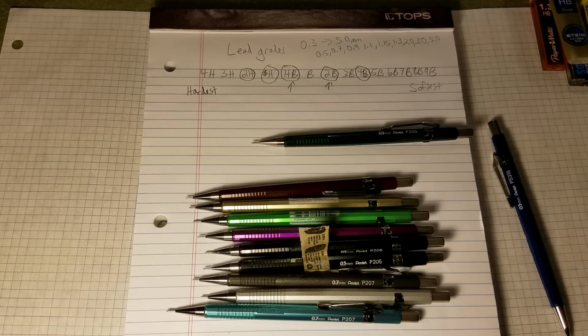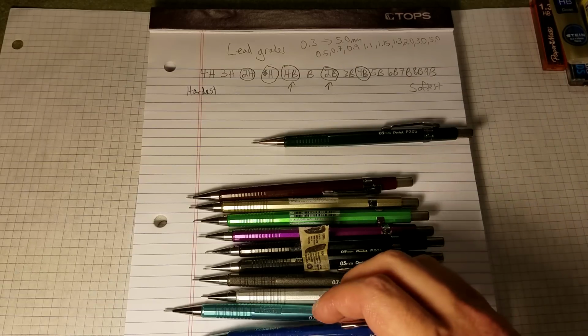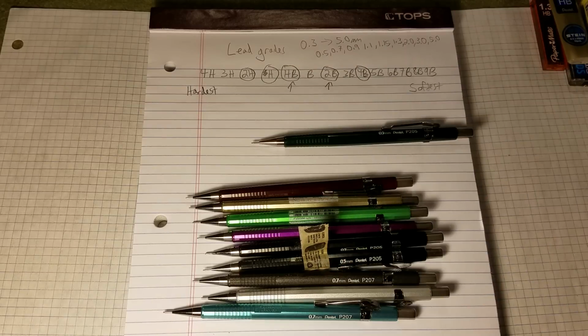Once again, this is not a scientific test. I don't have any pressure measurement tools here or anything. I'm not going to be measuring the length of the lead or anything like that, but if it helps us to get a little bit better of an impression of what's going on with the different leads, so be it. And so I have these all set up in order, and I'm going to go ahead and start